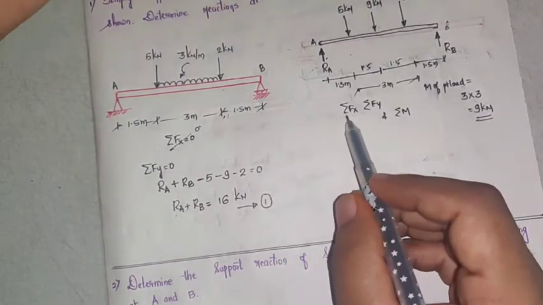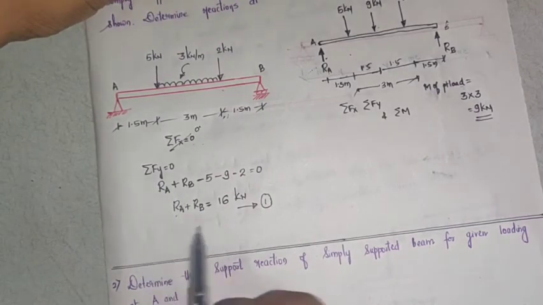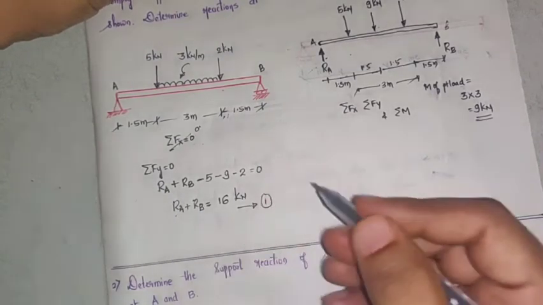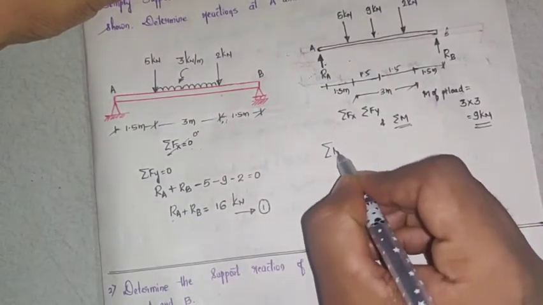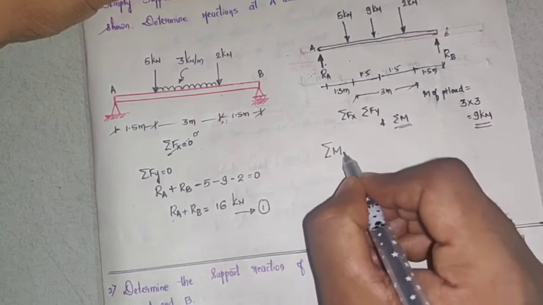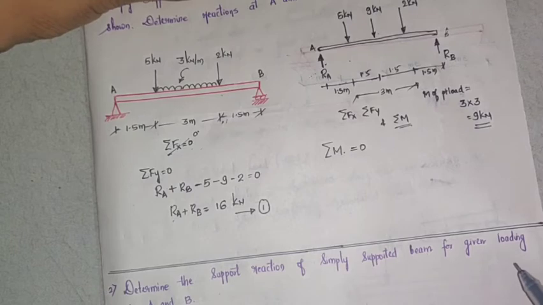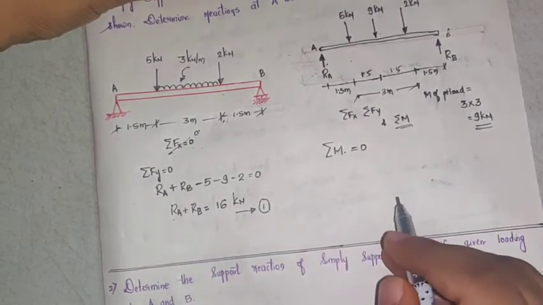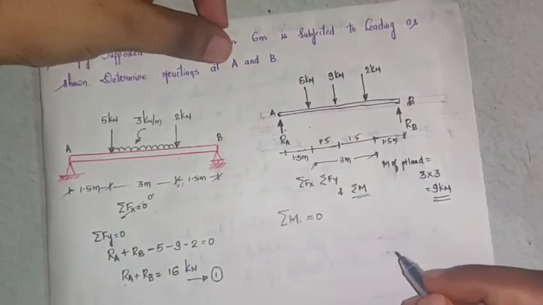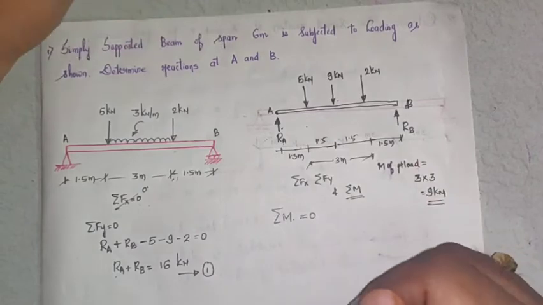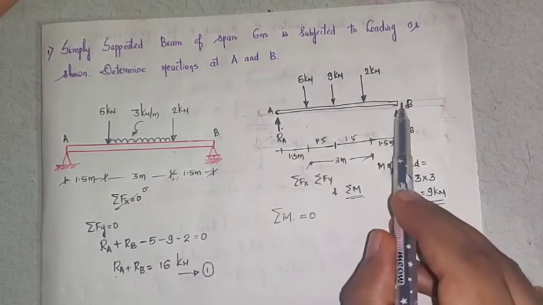Now I have used Fx, which didn't yield any solution. I used Fy. This also didn't yield any solution. It is in terms of equation. So what is the last equation of equilibrium that is remaining? Summation M. So summation M means what? Moment about a particular point is equal to 0. Now in order to find the value of Ra and Rb, I should take moment about one particular point such that one of the reactions will be equal to 0. Where can I take that? I can take it at either point A or point B.